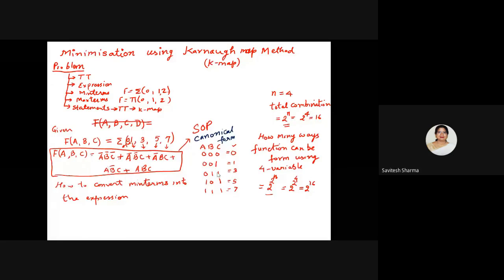As I said, for each term, see, this is my one term. For each term, if you realize, you require 1 AND gate. 3 input, 1 AND gate, right? So for each term, you are actually taking 1 AND gate. So how many terms are there? 1, 2, 3, 4, 5. 5 terms are there. That means you need how many gates? 5 gates you required here. 3 input AND gate, 5 numbers you required, right? So this will be the hardware.